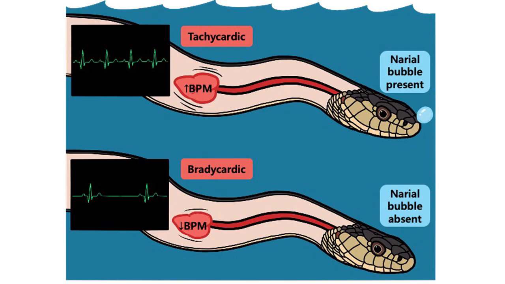And what we found was that when garter snakes enter the water and no narial bubble was formed, heart rates were slower to better preserve the breath. And when garter snakes enter the water and a narial bubble did form, heart rates were faster to facilitate rebreathing and active behavior. So in summary, narial bubbles act as a form of natural scuba gear for garter snakes,